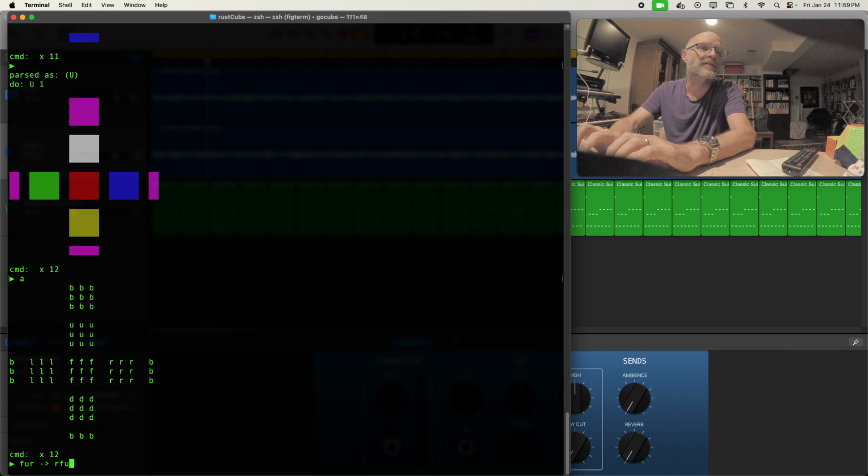That's where the sticker goes. So the sticker orbits around, and if you follow it out, you'll end up back where you were. This is one of the first things you learn about Rubik's Cube notation. So FUR goes to RFU, and then that means